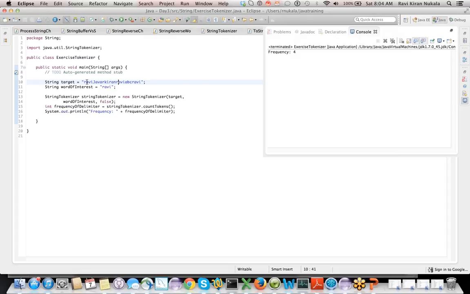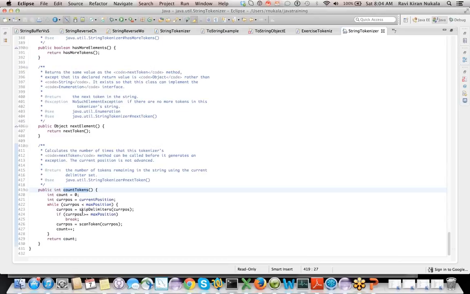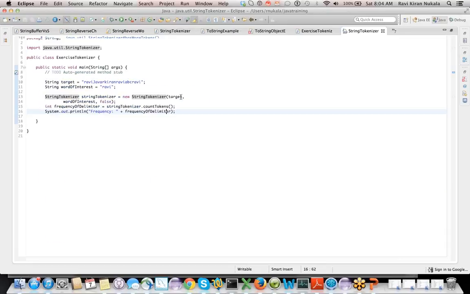Yes, but we have to count Ravi, yes, one. How will we compare? So here the frequency it gave is 4 instead of 3, right? Count tokens. Why did it give 4? It has to be 2 and 3 only, right? Why did it give 4? What does count of tokens do? So what was your question, Rini? Sorry, what was your question? Ravi.